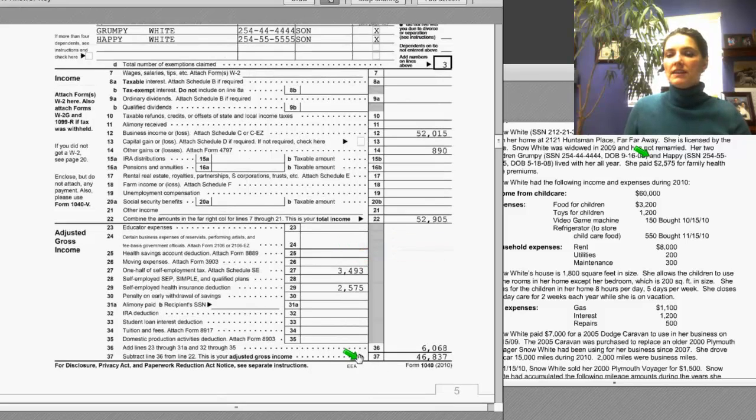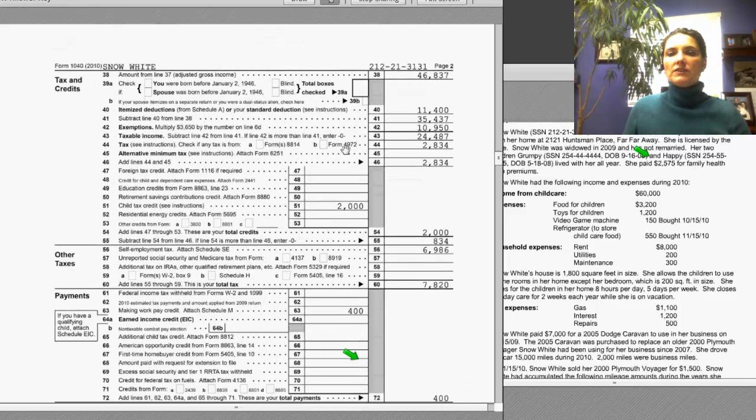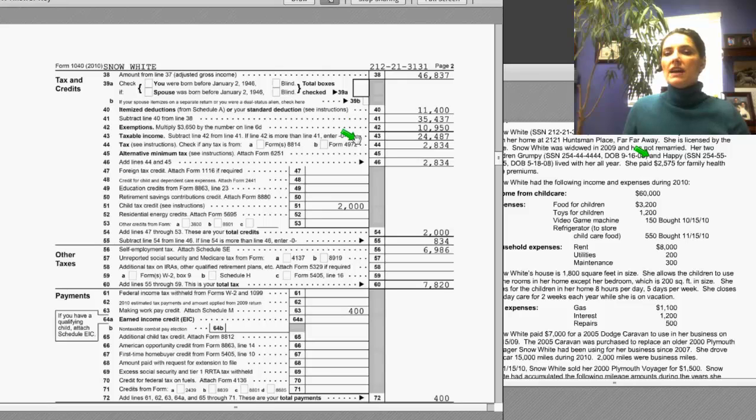Snow White has adjusted gross income of $46,837. Page 2 of her tax form comes next. She's a qualifying widow with a dependent child, so her standard deduction is going to be the same as if she was still married at $11,400. She also has 2 dependents and 3 exemption deductions, totaling $10,950. That gives her taxable income of $24,487. The tax tables tell her she has $2,834 of tax. Her child tax credit is $2,000. So that leaves her with income tax for the year of only